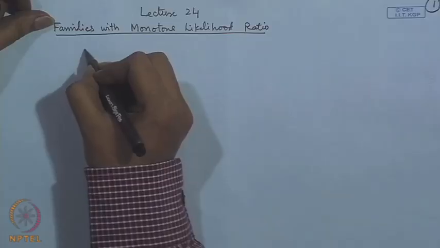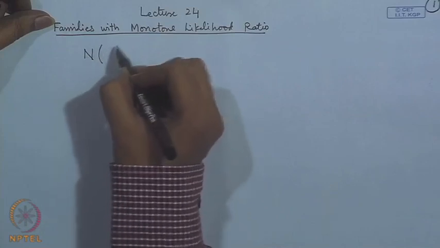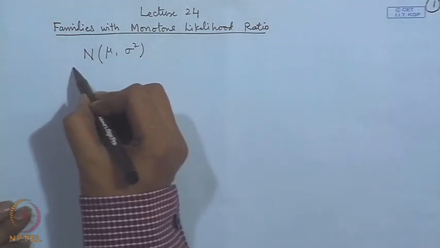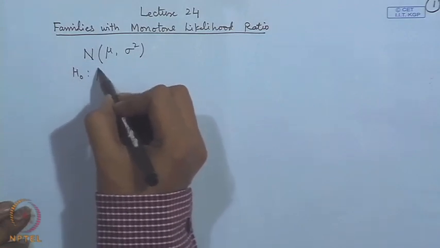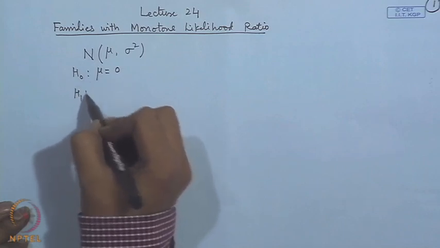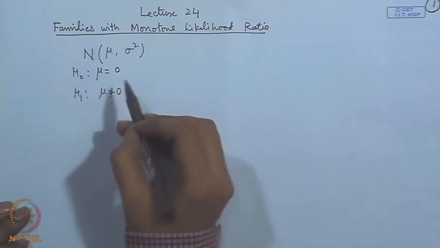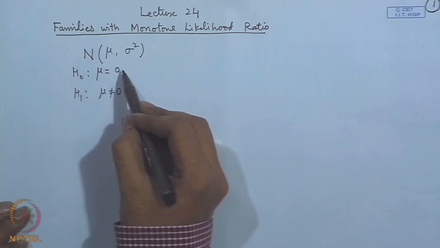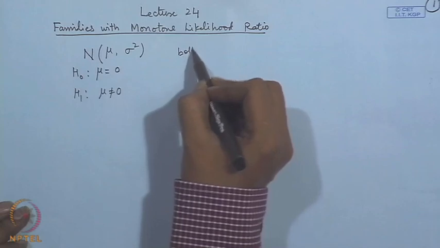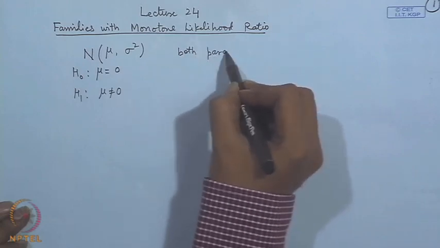However, in most of the real life situations, we do not come across the simple hypothesis versus simple hypothesis problems. In most of the complex situations, we have composite hypothesis. As a very simple case, we may have the family of distributions as normal mu sigma square distributions, and we may like to test whether mu is equal to 0 or mu is not equal to 0. Note here that now this H naught is not a simple hypothesis, this is composite, because sigma square is unknown. Here we have assumed both parameters to be unknown,